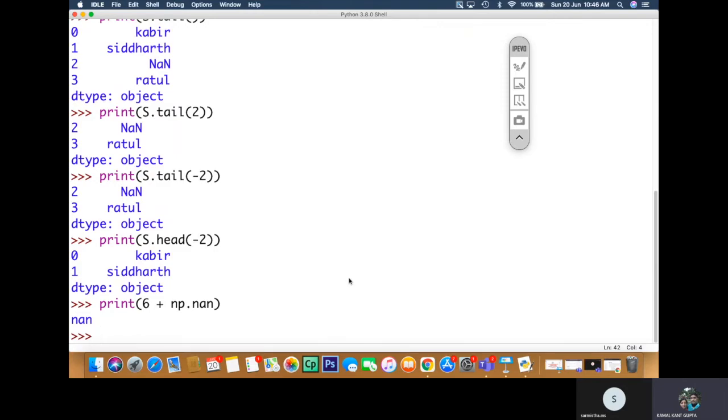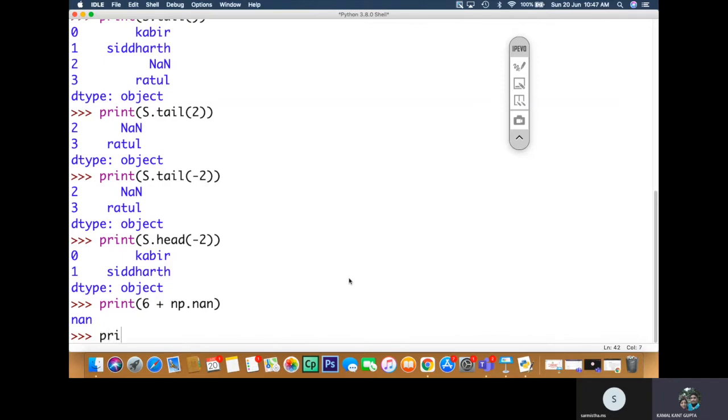Not 10. Your answer should be, if I am adding 10 rupees to my wallet whose initial amount is not known to you, then your answer should be... not 10, it is still unknown. Again it will be unknown because you don't know the initial amount. So anything added to that initial amount will give you a result, but since the initial amount is not known to you, adding 10 to that does not give you any value. So again it is unknown to you. So that's why it is again NaN.